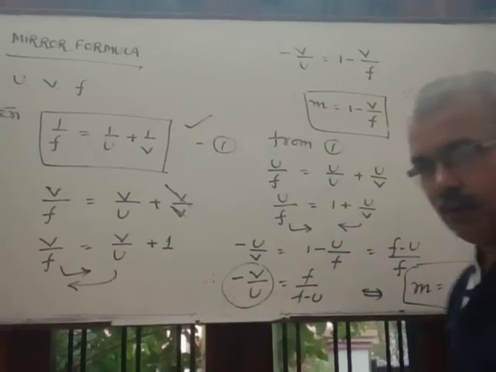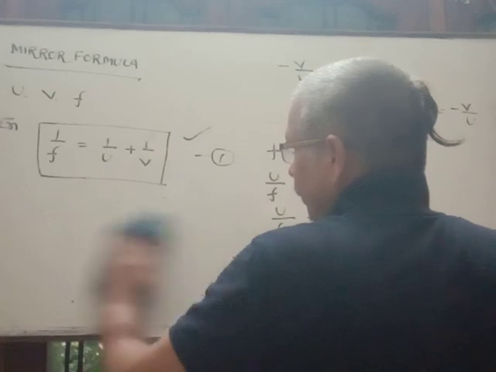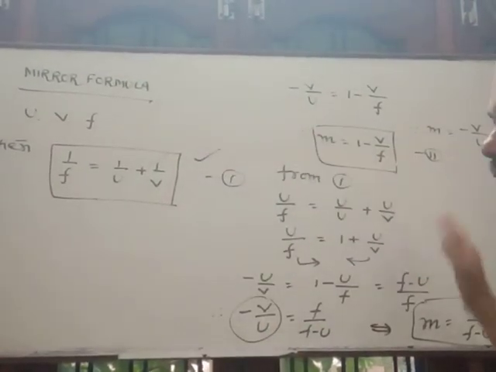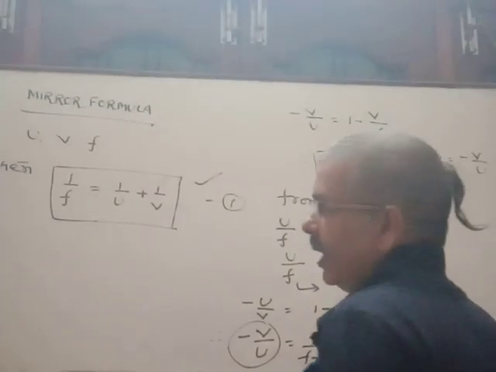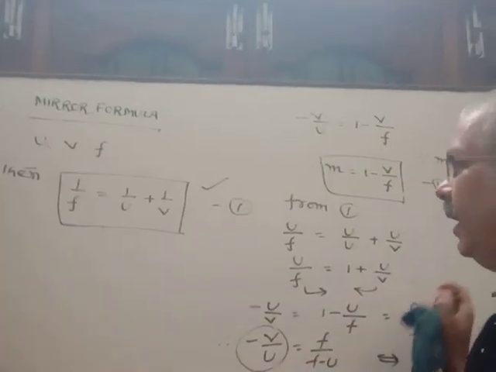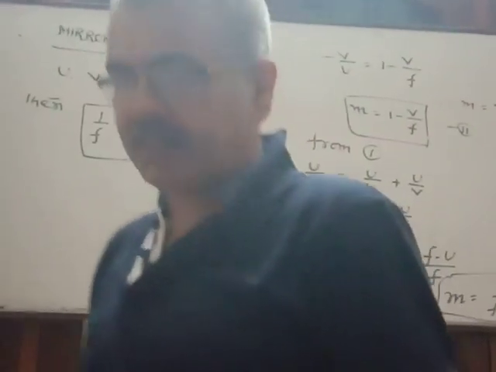Now by using this, one thing is very important here. Before solving the numericals, while using these formulas for numerical purposes, the known quantities are kept with proper sign convention, positive or negative, and the unknown quantity remains as in the given formula. Clear? So let's see one by one. Today we will solve a few numericals based on the mirror formula.